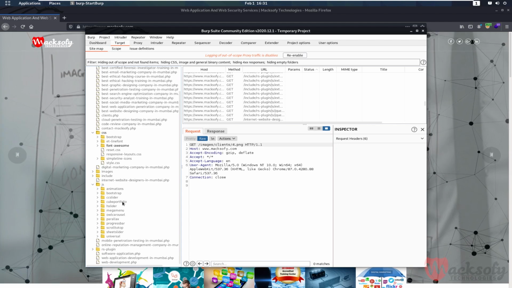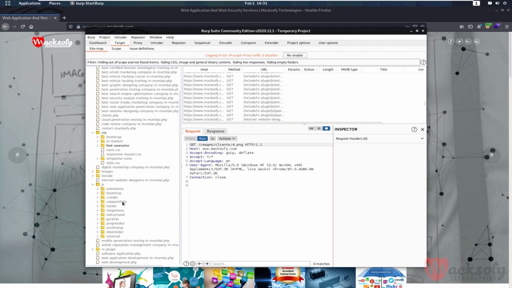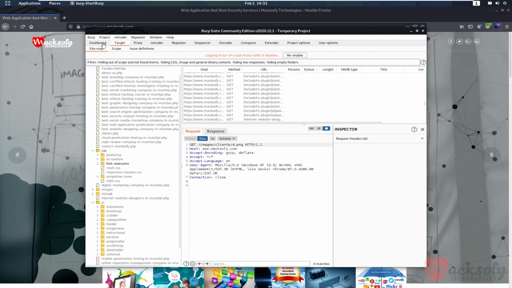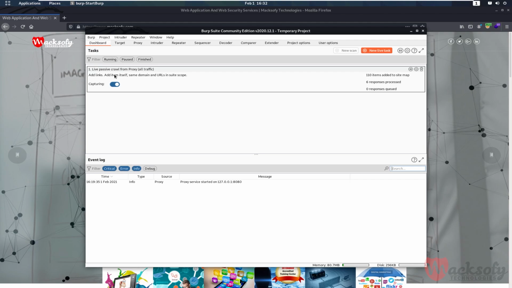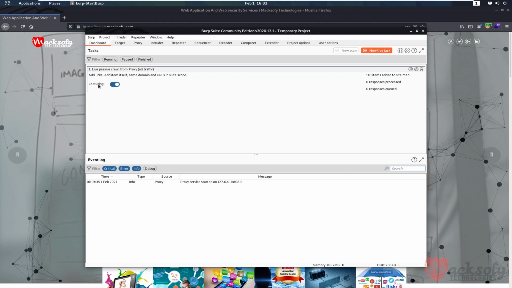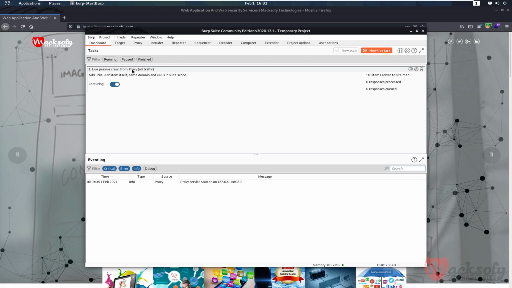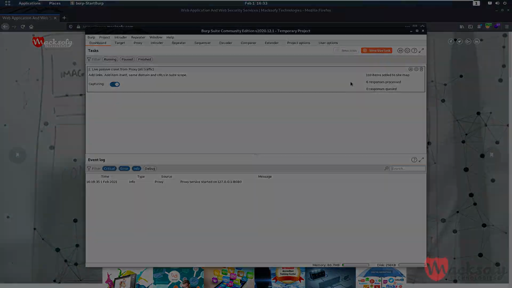This tool comes in very handy in performing web application scanning and spidering. We can see that the live web capturing of the crawling is happening as clicking on the dashboard. You can see that capturing is enabled and the live passive crawl from proxy is happening.